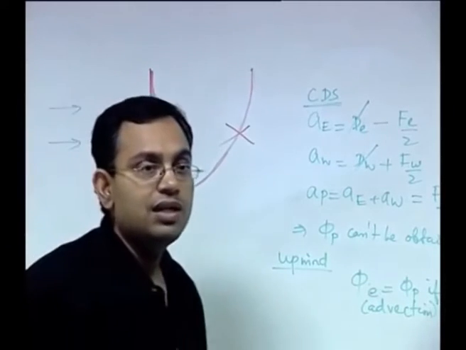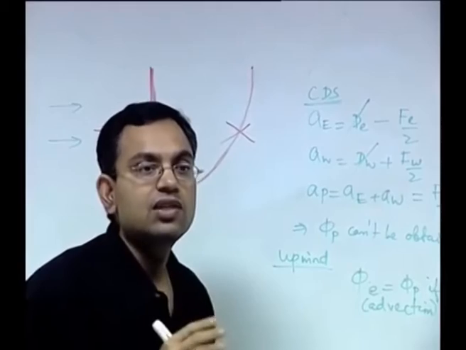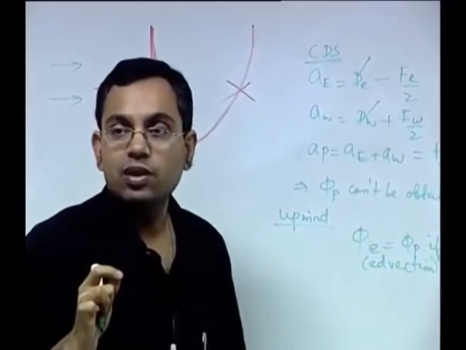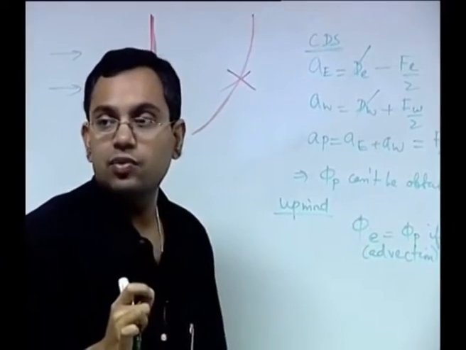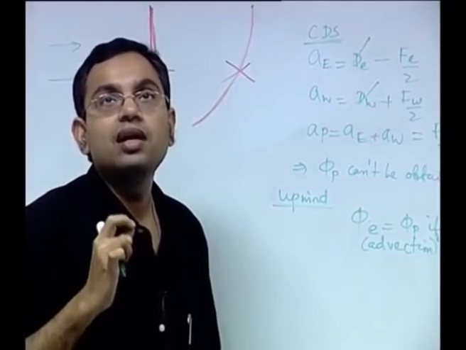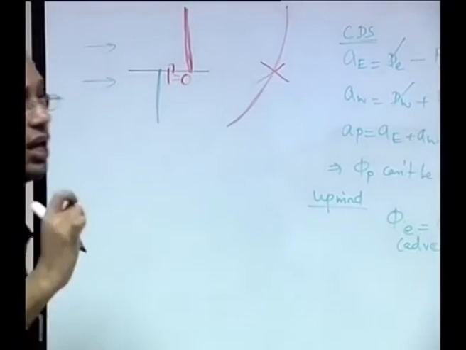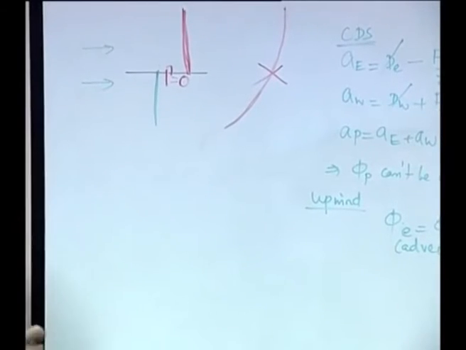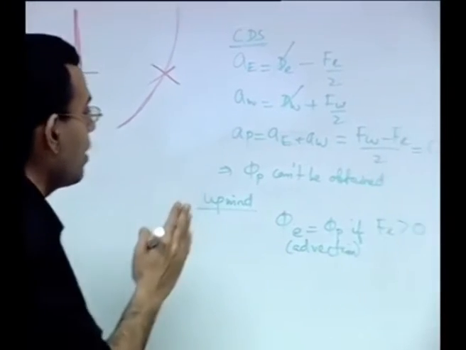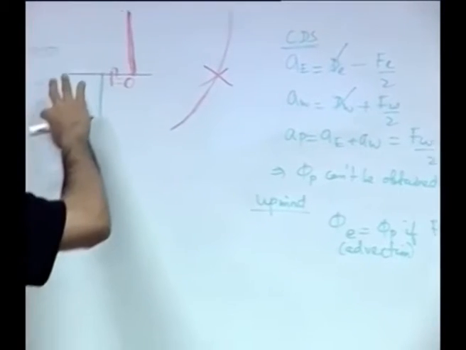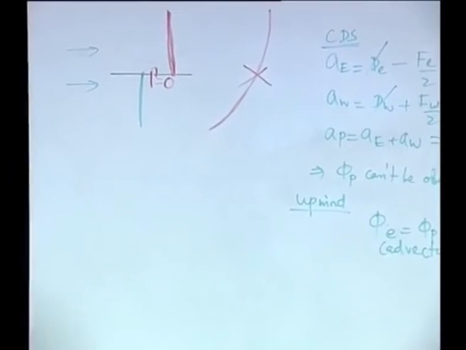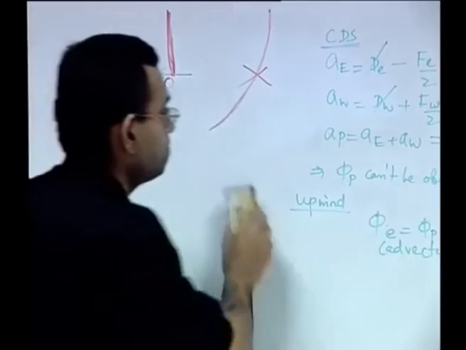So in the limit, as diffusion strength tends to 0, the central difference scheme does not work, but the upwind scheme gives a physically consistent solution. Still there might be a problem with false diffusion, but that problem can be assessed by aligning the flow in a different orientation. Let us try to do that.